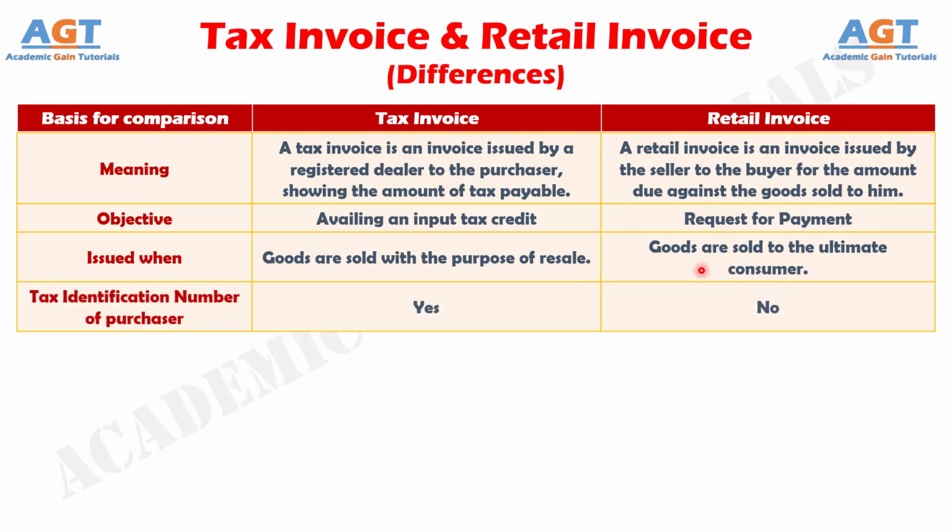Number 4. Tax invoice contains the tax identification number of both purchaser and seller, but retail invoice contains the tax identification number of the seller only. And difference number 5. Tax invoice is prepared in triplicate, wherein the original and duplicate copies remain with the purchaser and the seller takes the third copy. On the contrary, the retail invoice is prepared in duplicate,